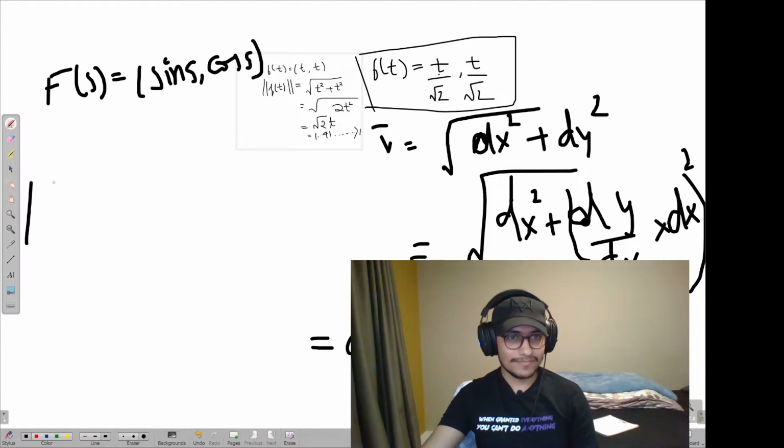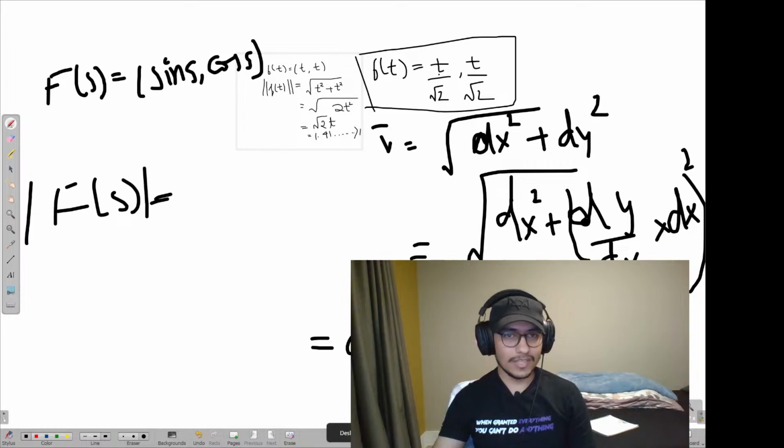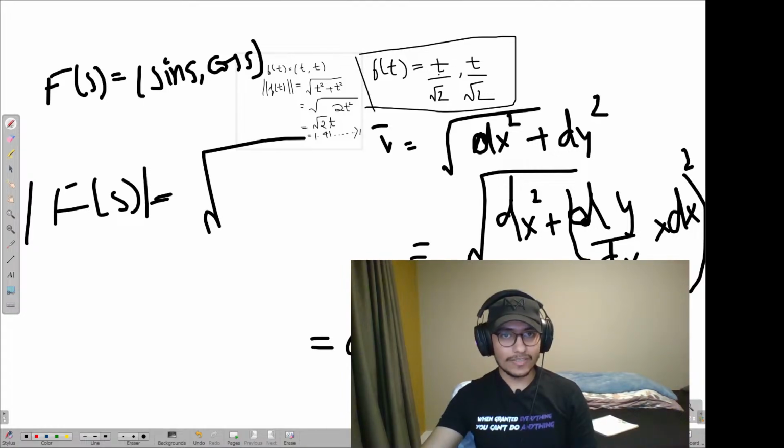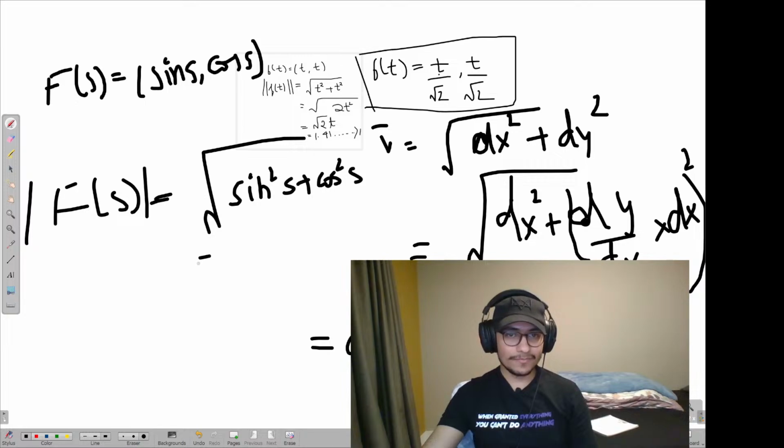If you take the norm of this, you get sine square theta plus cos square theta, which is basically 1. Now if you differentiate fs,